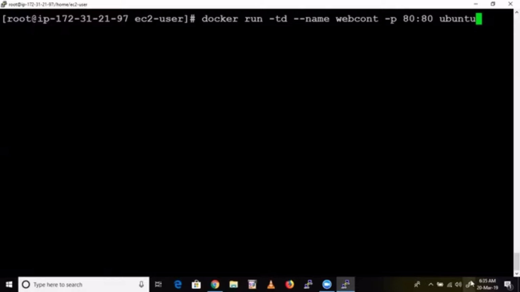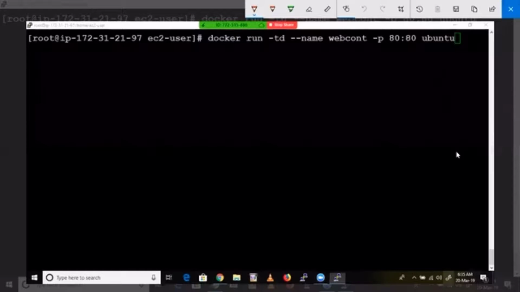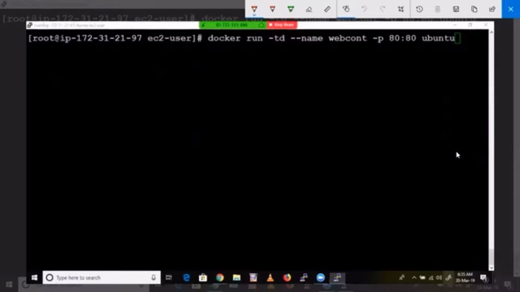See here, what I'm actually doing. Here we are learning two things at a time. Instead of T, you can mention I. -it or -ti, both are the same, meaning you can reverse these flags. We are mapping the port.